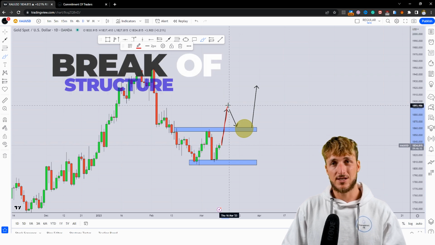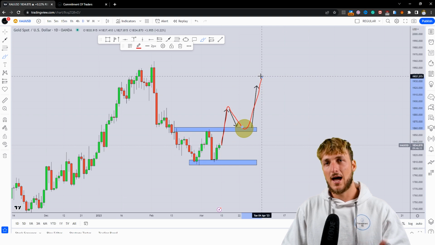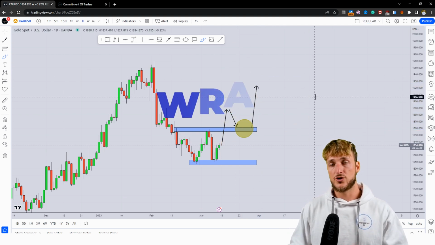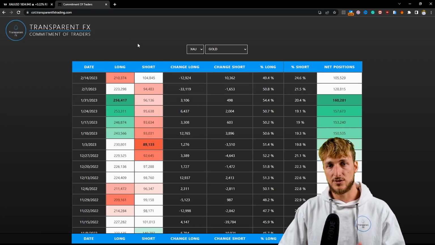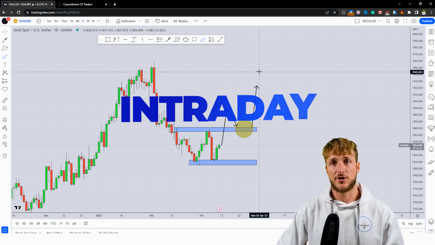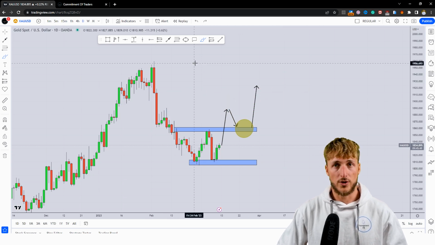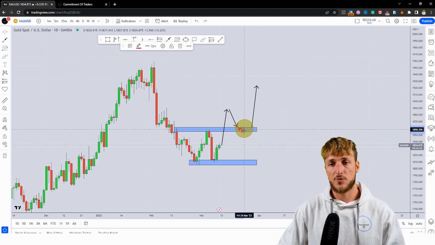Now, if the market will successfully break on the retest of this previous resistance turn support, we could be approaching a potential rejection to the upside. Now, as usual, trading is reactive and not predictive. The monthly, weekly, and daily combined with the COT data, those are the best time frames from a directional perspective. However, when it comes to confirmations and entries, the best time frames are the intraday time frames, so 4 hour and lower. Therefore, what we could be doing, potentially also with students, is monitoring price action from an intraday perspective